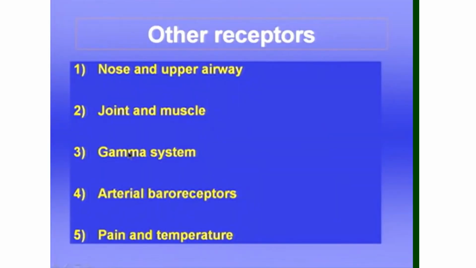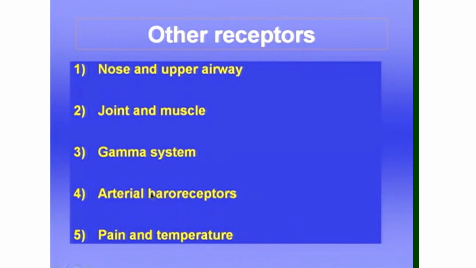There's a thing called the gamma system, which has to do with sensing the elongation of muscles. And some people believe that the gamma system may be important in the sensation of dyspnea. Dyspnea means the sensation of shortness of breath, difficulty with breathing, and some people think that the gamma system may be important there, although that's not certain. I mentioned the baroreceptors, and we saw that the baroreceptors are anatomically close to the